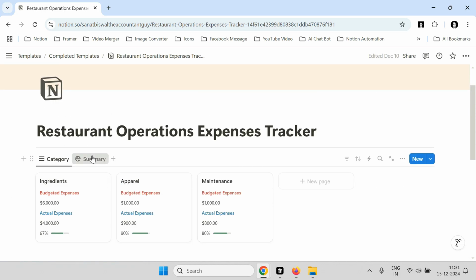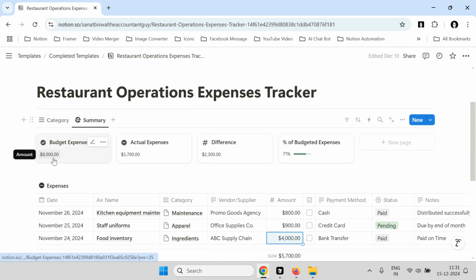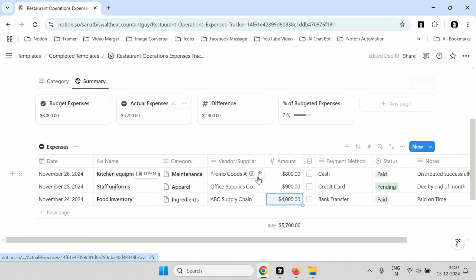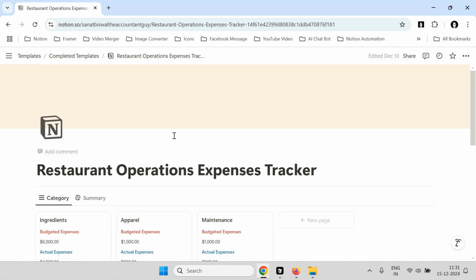top. And finally, we have a summary section which shows the total budgeted expense, the actual expenses incurred, which is being pulled from the value over here, the difference in between the both, and the percentage of actual expenses incurred so far. So this is a quick and easy way to track our restaurant operation business expenses in one Notion